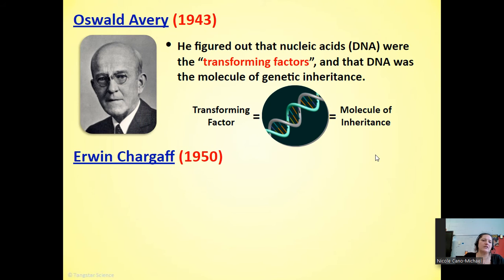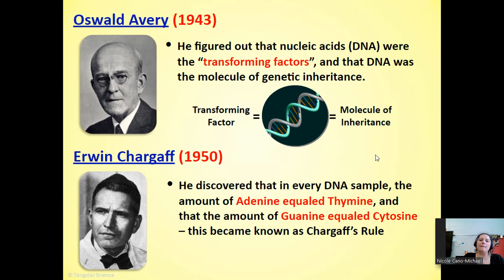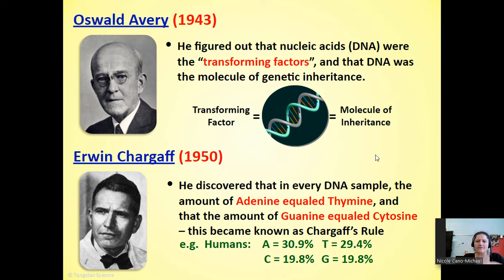Back to our timeline, Edwin Chargaff, 1950. We're going to talk more about Edwin Chargaff next week, but in terms of what he did, he was working with DNA because he believed Avery. And he was the minority, by the way. Most people thought it was still protein. But Chargaff, following Avery's work, kept studying DNA, and he found out that in humans, he came up with the Chargaff rules, where adenine and thymine were always present in equal amounts. Guanine and cytosine were always present in equal amounts. So that was what he did.